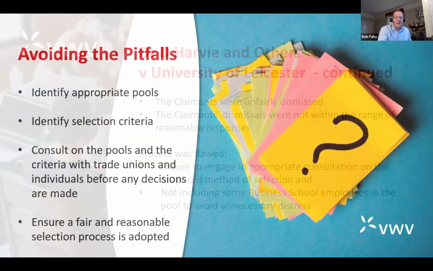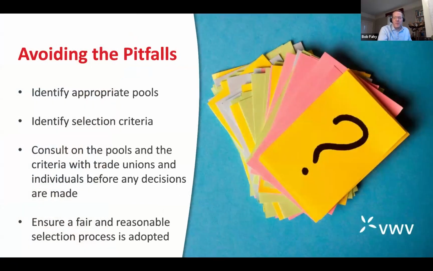What lessons are there to be learned from the case? What pitfalls are there, and what ways can we avoid them? I've set out on the slide what are hopefully some fairly obvious points. So identify appropriate pools, identify selection criteria, and undertake a process to apply the selection criteria fairly. Where unions are involved, as they almost always will be in a university context, you no doubt will